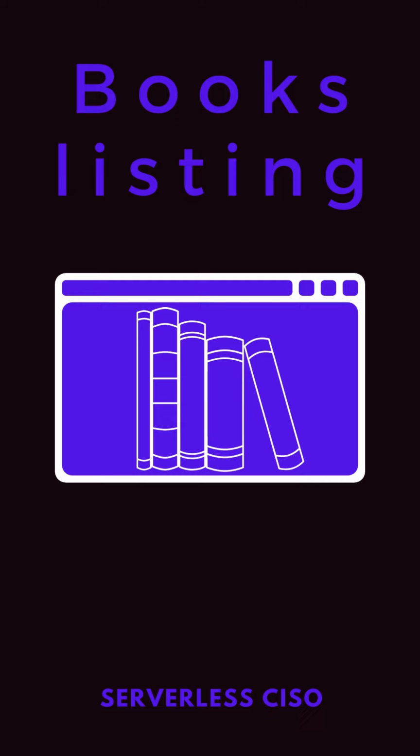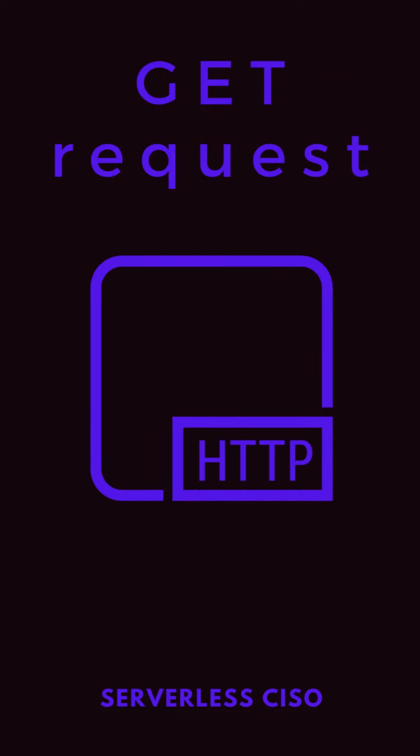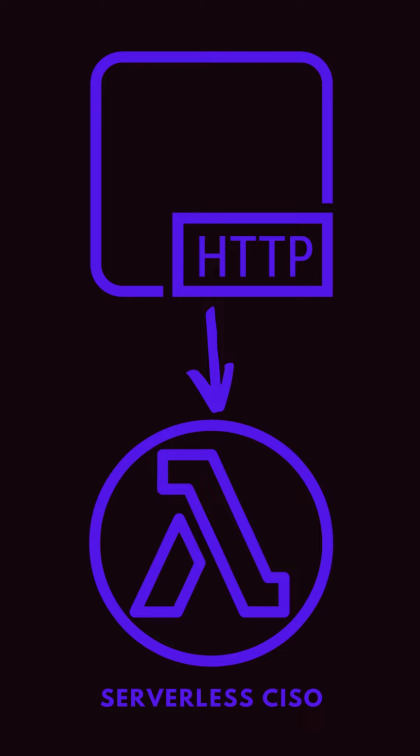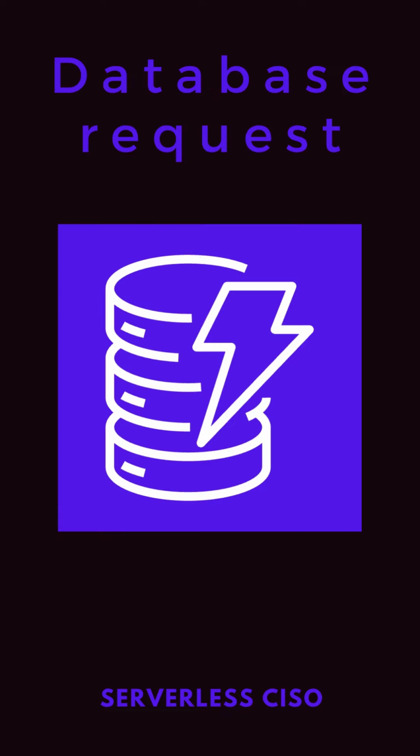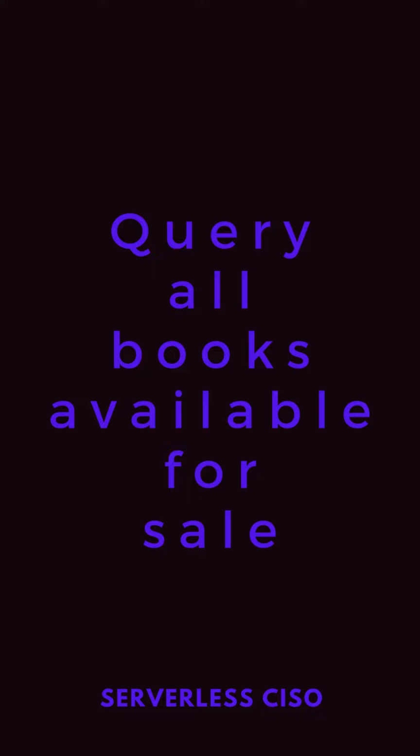So let's give a more concrete example. Let's say your web application wants to retrieve data about a listing of books for sale. The application makes a GET request to the HTTP URL. That message gets sent to the Lambda function. The Lambda function can verify that it is a GET request from a valid client. And if it is valid, then it will make a request to the database with a query of all the